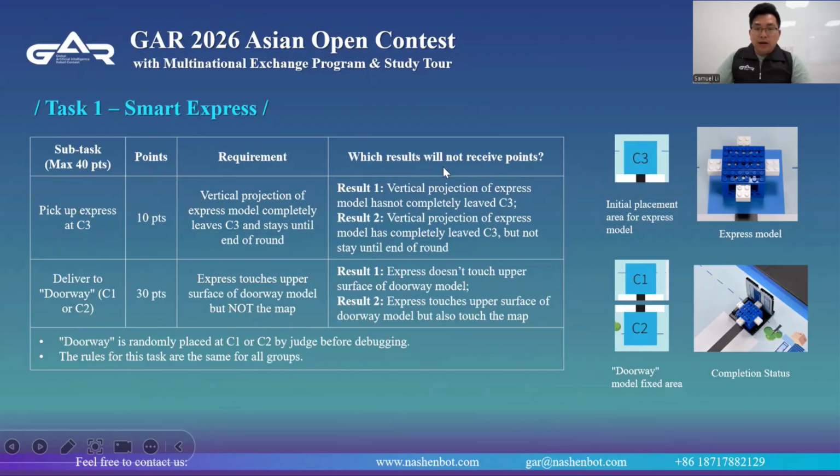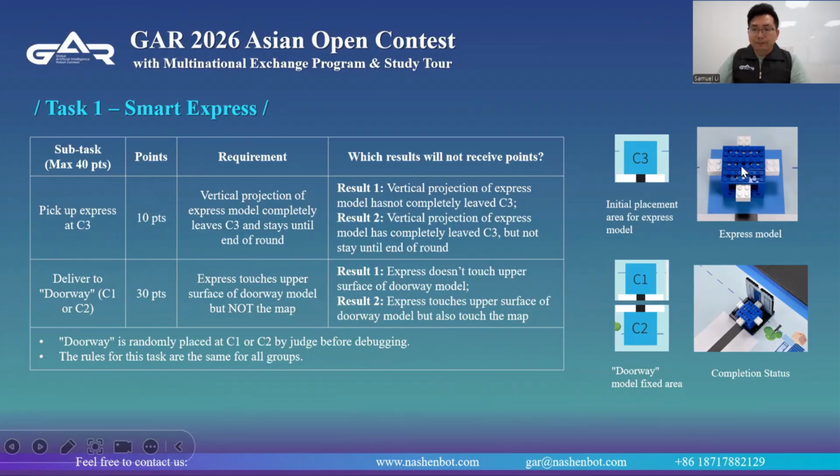Which results will not receive points? Result 1 for the first subtask: the vertical projection of the express model has not completely left the C3 area. Result 2: the vertical projection has completely left the C3 area but does not stay out until the end of the run.